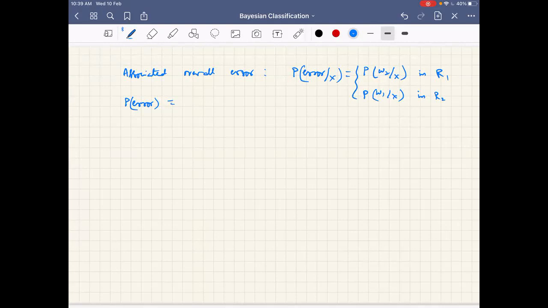Tell me, how do I get it? I need a nice answer here. Expectation. Very good. Expectation of the probability of error given X, is that what you are saying? Yes, sir. Very good. Can you expand this now? If I want to expand this, what should I write here? Please fill this. You people can't fill it?